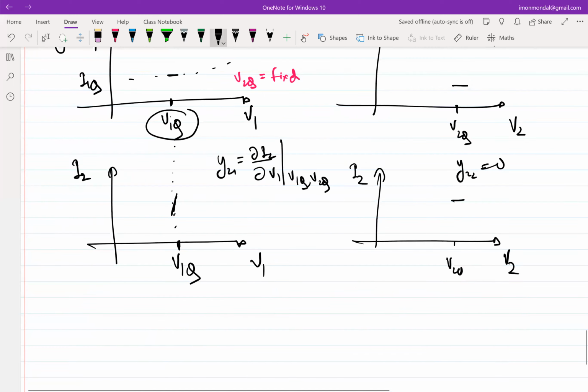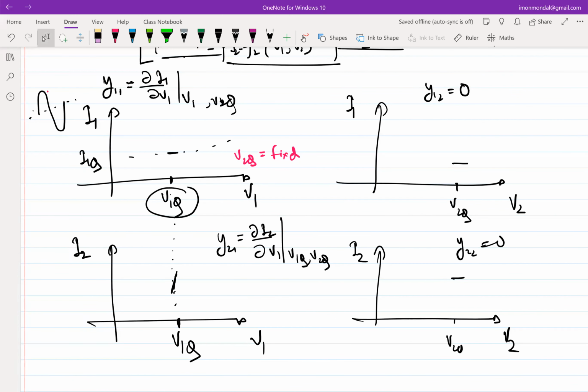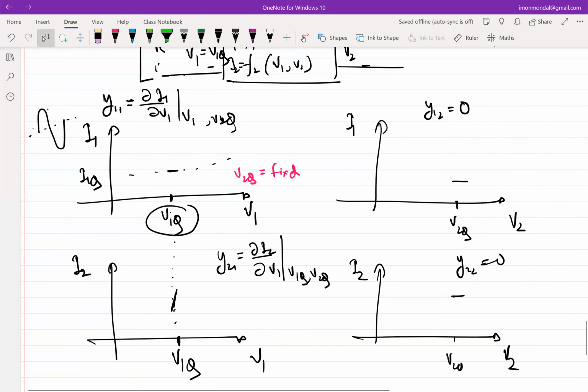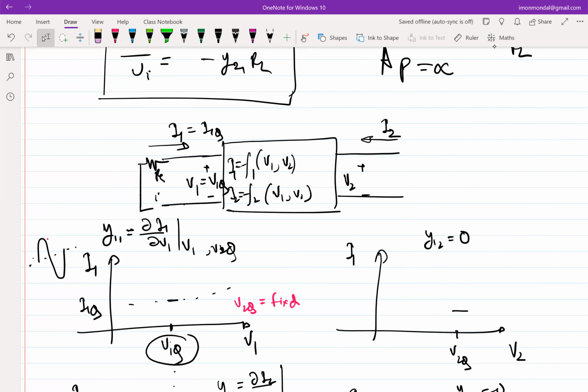So in the IV characteristics, where will I find that V1Q, I1Q? I will find that in the first plot. And all I know is that the slope of I1 versus V1 is 0 in order to get my desired incremental parameter, right? It's the interplay between the total IV characteristics and the incremental parameter. Okay. So now, if this is what it is supposed to be, and I now say that I put the incremental input back,